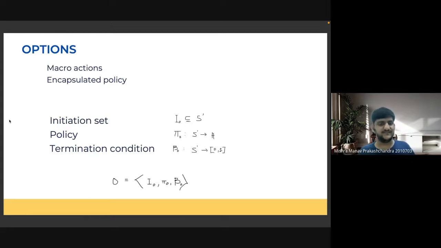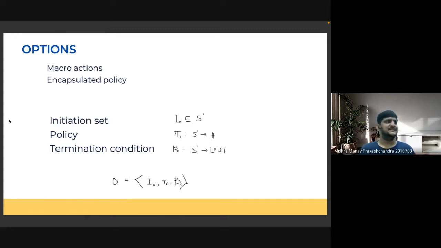So the first framework is known as the options framework. Okay. So options basically is a collection of actions that need to be executed sequentially in order to achieve some sort of a higher macro action, right? So this macro action can be thought of as some sort of a high level action that needs to be done, whereas the low level action consists of the minute primitive actions that are taken in order to achieve the complete macro action.